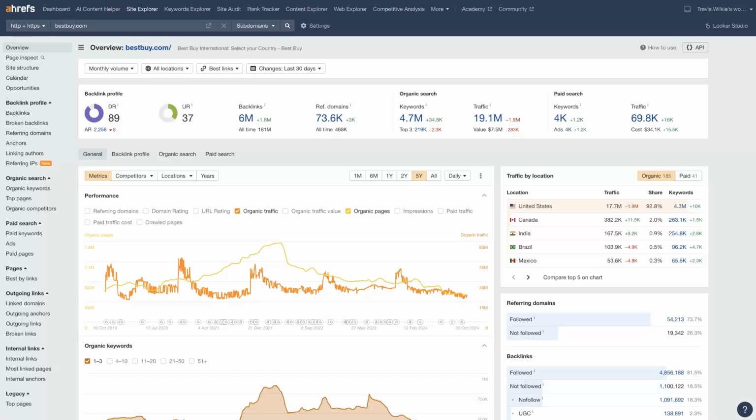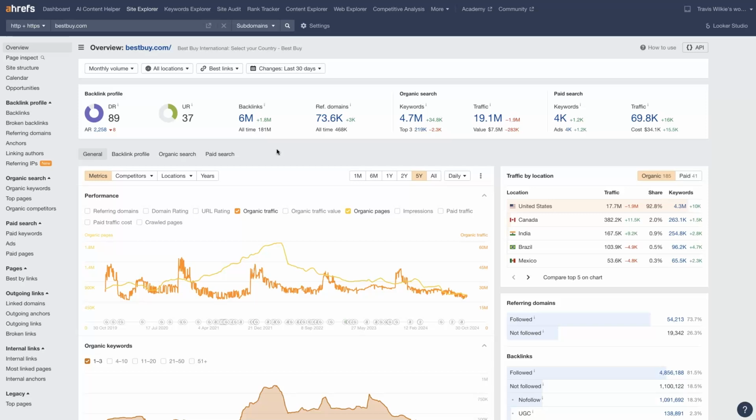Now, there are a lot of Ahrefs features that you can use for market research, whether you're trying to do SEO or run Google Ads. It's a bunch of different tools that can be used. So let's go through some of the most common features here on the left-hand side and explain how things work so you can get a sense of how to use this tool to really understand what's going on